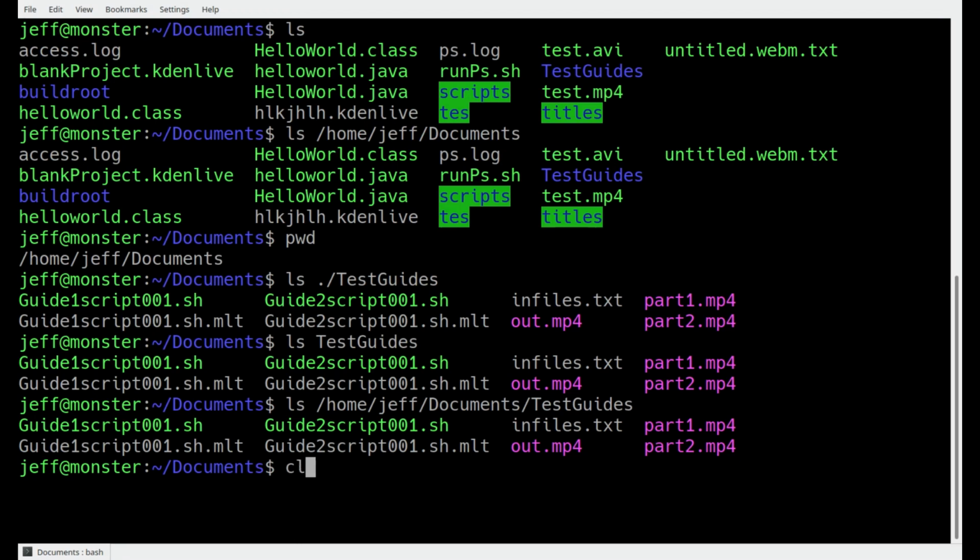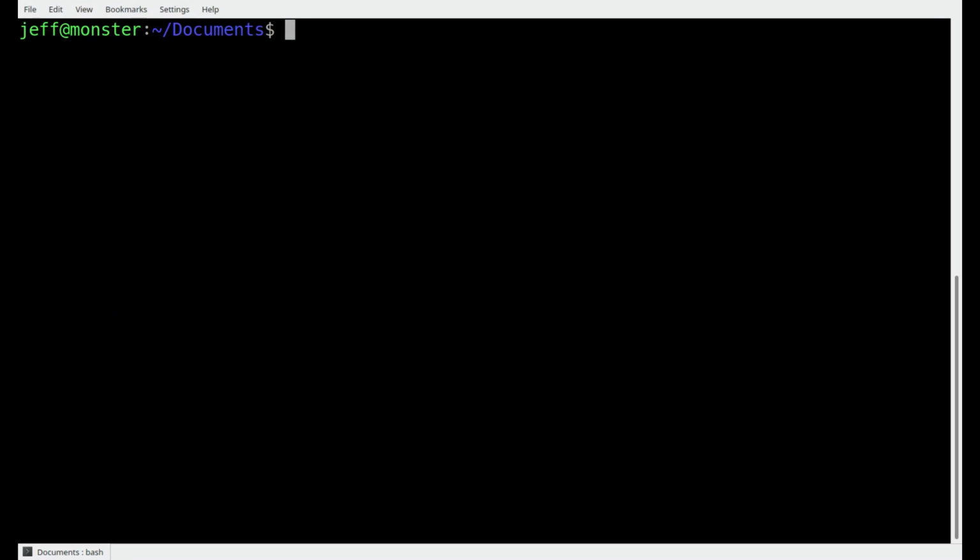Okay, let's clear the screen because that's getting a little cluttered there now. Hopefully you've had long enough to see what you need to. Now that only gave me the names of the files. What if I want to know a little more about them? There's a long listing, which is ls -l for long,